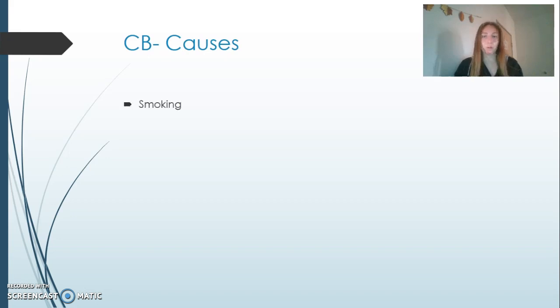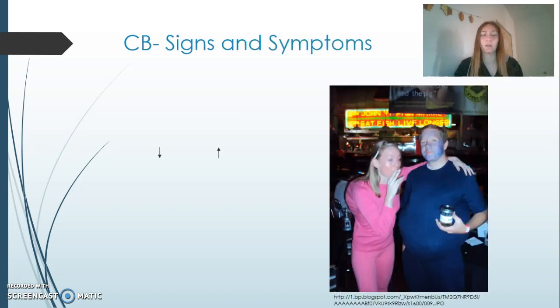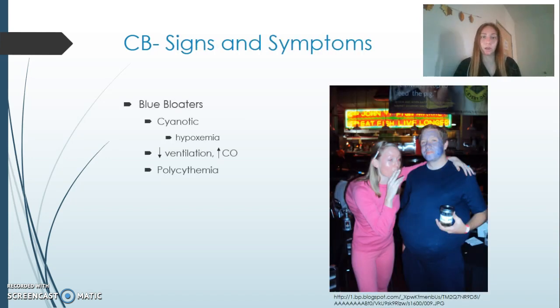Causes of chronic bronchitis include, first of all, smoking, and then pulmonary disorders, like having acute bronchitis. Signs and symptoms of chronic bronchitis would be blue bloaters, so this person displayed on the right of your screen. There would be cyanosis, so blue in appearance, because of their hypoxemia, which is decreased oxygen content in the blood. And to compensate for your decreased oxygen, the patient will have polycythemia, which is an increase of red blood cells. To compensate for the lack of oxygen, they want to create more red blood cells to increase the affinity of hemoglobin in your blood. They also have a decreased ventilation and an increased cardiac output to push the blood around